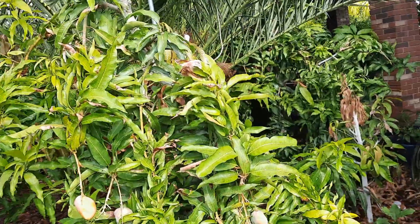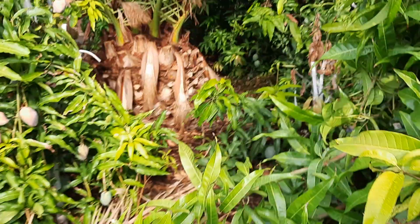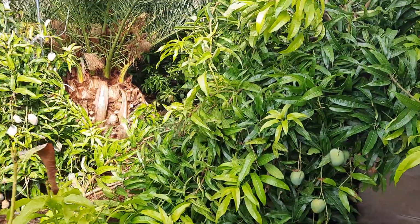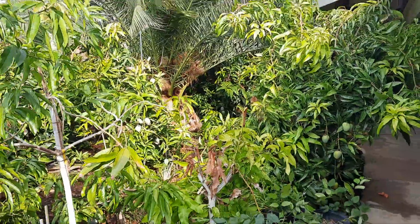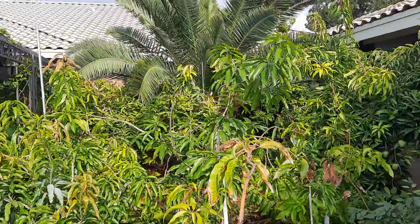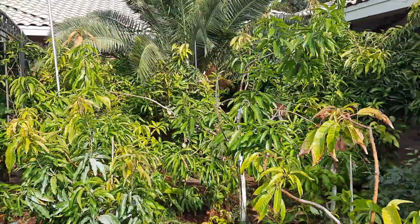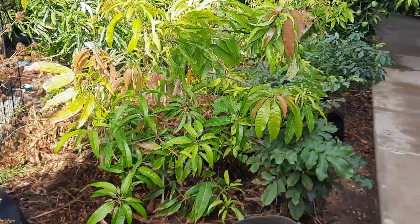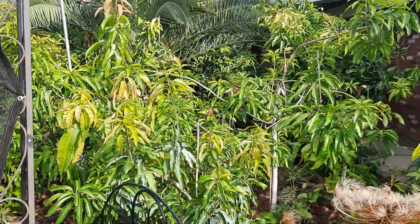So let me see if I can get back a little bit and try to capture this whole thing in one, but I doubt I'm going to be able to, because it's like walking around my house. There's only so much room to walk around. So let me back up here and show you guys how many varieties are in here. Now this is just one little section of her yard, guys. This is not a very big